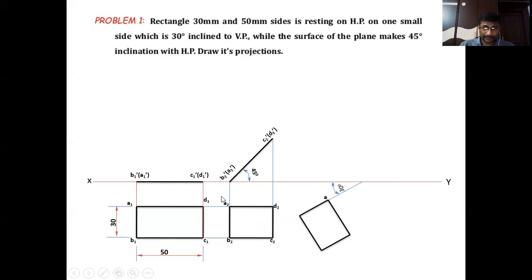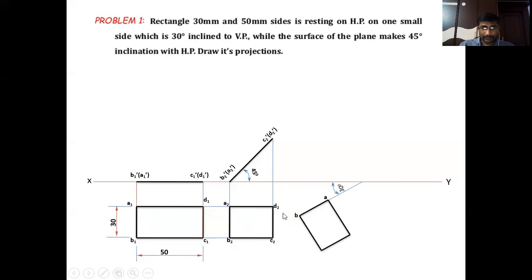This is the A point. The A2 becomes A here, and next point is B. This length AB is equal to A2B2, that is equal to A1B1, that is equal to 30 mm. Clear? First of all, locate the point A, and from that point A, locate the point B at a distance of 30 mm on that 30 degrees line. Based on that AB, construct a rectangle with the longer length equal to B2C2.